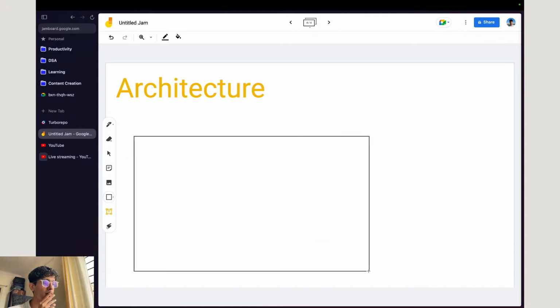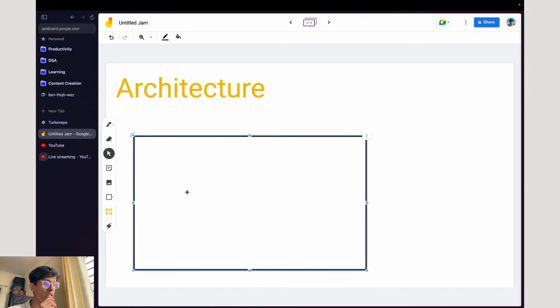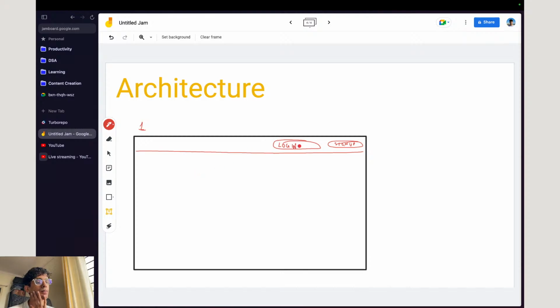What I am thinking right now is this is going to be screen 1, and in this a user gets the option to log in and sign up. So we have login and sign up, and we'll be having sub